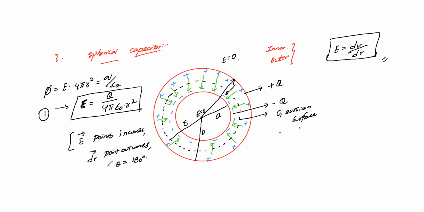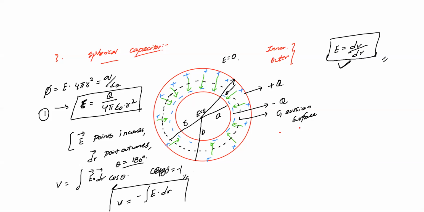When we are discussing this, we need to find the potential. From the electric field, we can say that V is equal to integral E into dr cos theta. When we are discussing scalar quantities, cos theta comes; with vector quantities, here there are two vectors, and when both are multiplied it is a dot product with cos theta. Here it is cos 180, and cos 180 is equal to minus 1. Remember, cos 180 is equal to minus 1. So V is equal to minus integral of electric field E into dr.